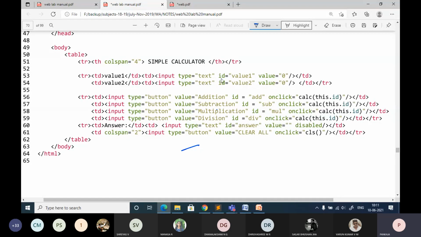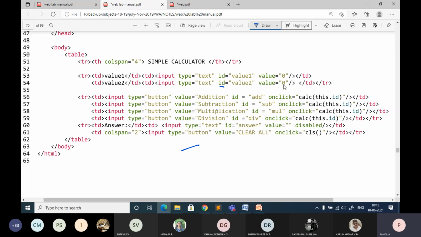So for the id, here you have to give the ids because you are going to access whatever values are entered through the input box to perform the corresponding operations. For that reason this id is very important. You should not use the same id. You should give unique values, and your value is 0.